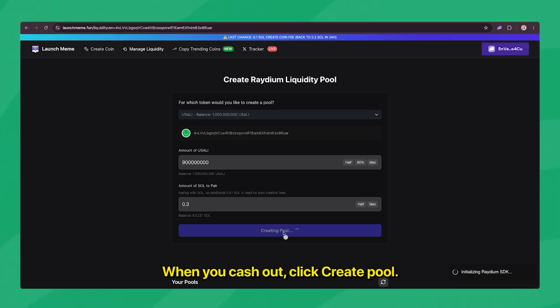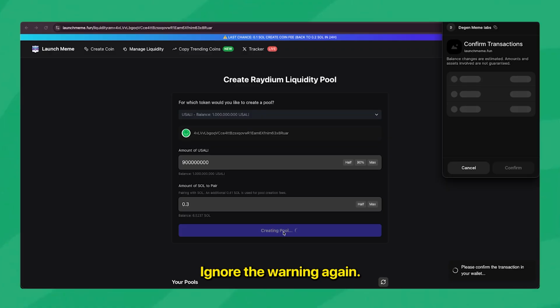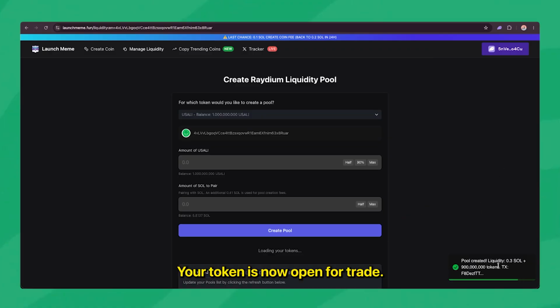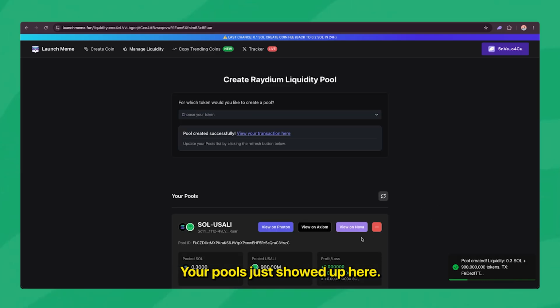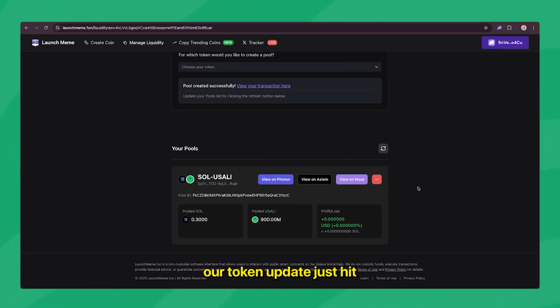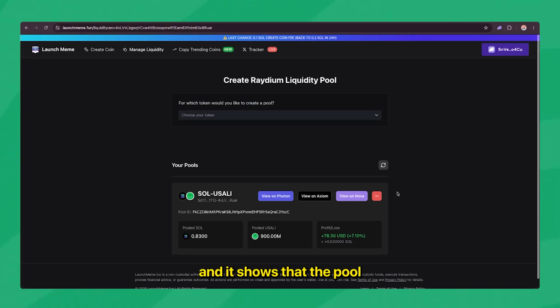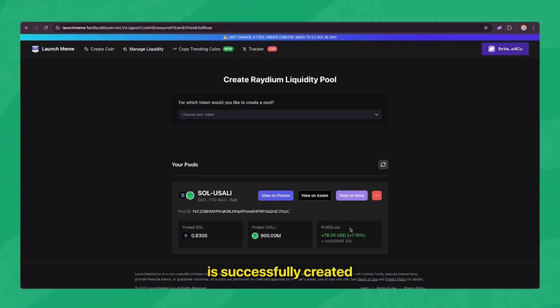Click Create Pool. Phantom Wallet pops up. Ignore the warning again. It's safe. Click Confirm. Boom, your token is now open for trade. Your pool just showed up here. If you want to check right now our token update, just hit refresh. And boom, we are up around $70, and it shows that the pool is successfully created and open for people